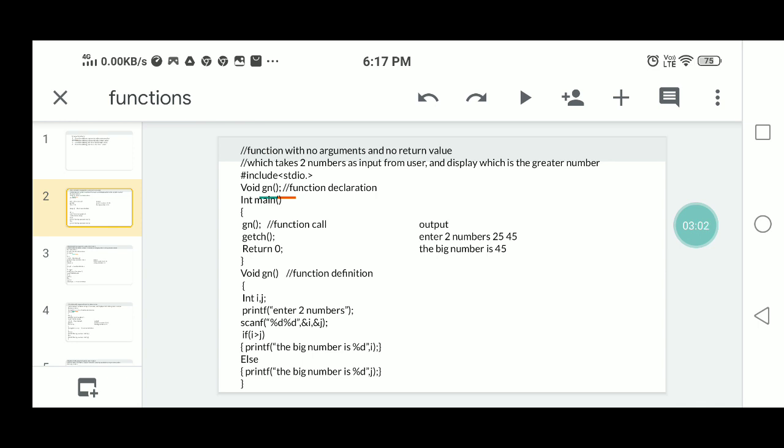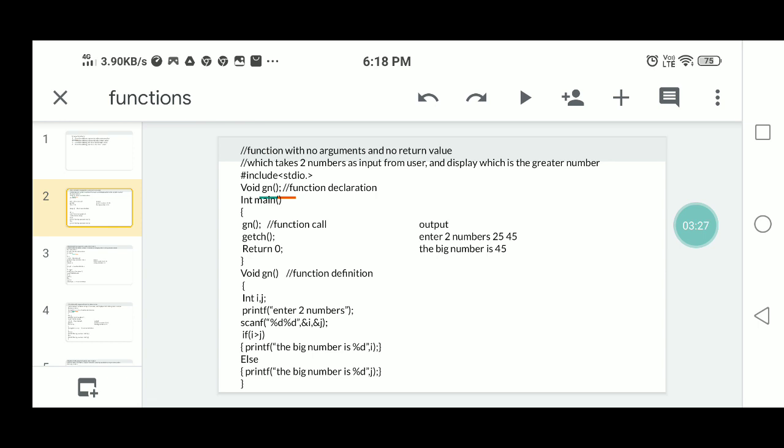In main, we can call the user defined function, whose name is gn. Whenever we call the function in main, the entire function will be called.